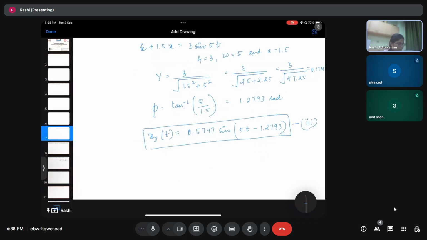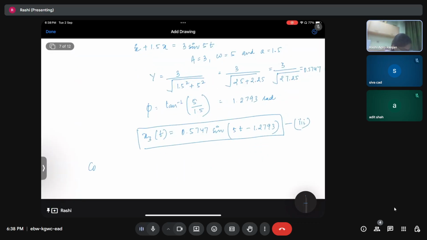So now, combining equation 1, 2 and 3, the final solution of the system is obtained as